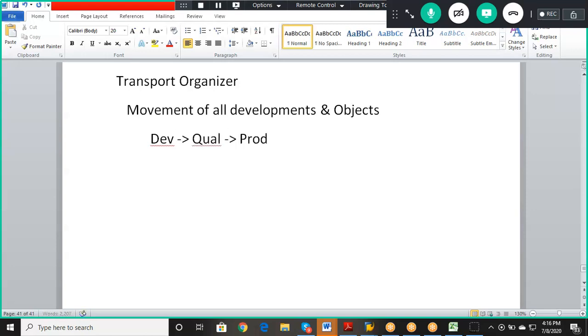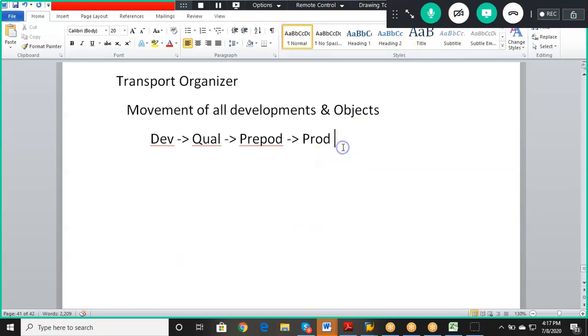to production. As we discussed, there will be another server called the pre-production server, which is an optional server here. So these are the servers that we have here. We'll go ahead with the development server, and then we'll update that in the quality server. Then we'll go for the pre-production server.